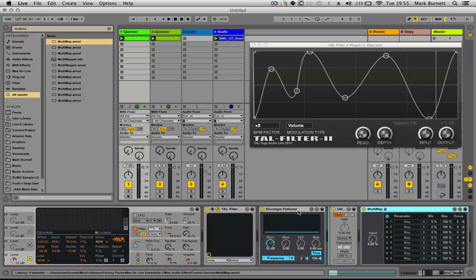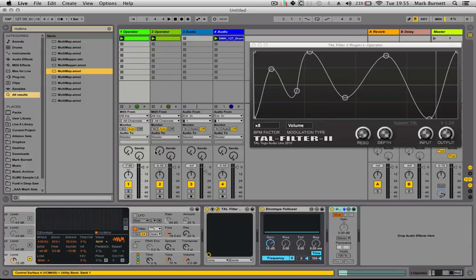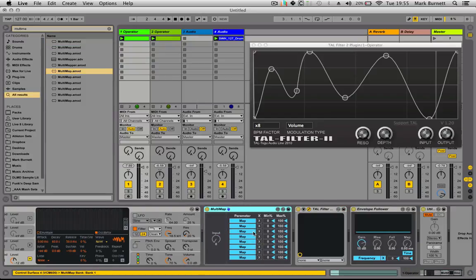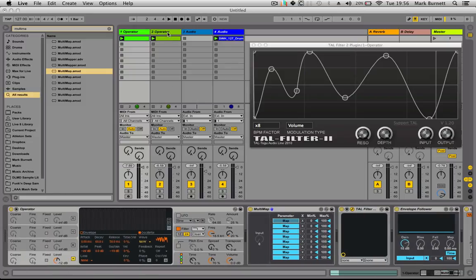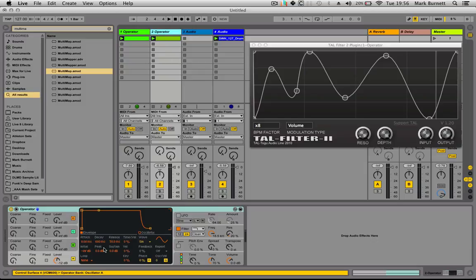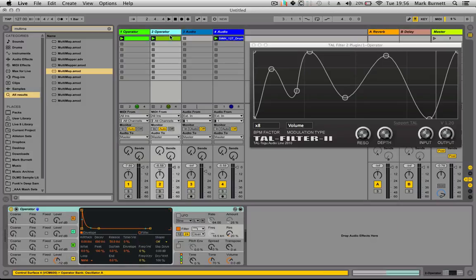So what I can do with this one, doesn't really matter where it is in the sequence. Oh, is that the right one? Yeah, this is the one. And then I could unmap this, map this to the multi-map, and then I have the option of mapping an abundance of parameters to other devices across the